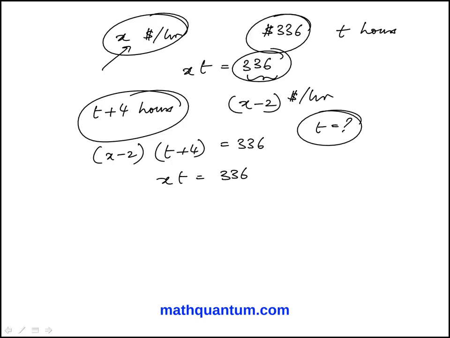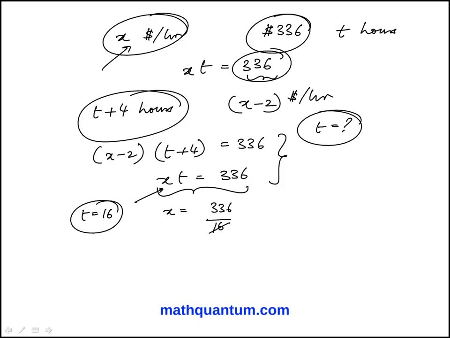Now, if you eliminate X, you will end up with a quadratic, and I'll do that afterwards, but it's actually more time consuming, and this is one scenario where using the answer choices is a better approach. So here, you start with this, use a value for T. Let's say I'm going to start with C in the middle, 16, and find what X is. 16 times 2 is 32, so 21 and 16. So let's say X is 21, and then we replace it here and see if we still get 336 as a product. So that would be